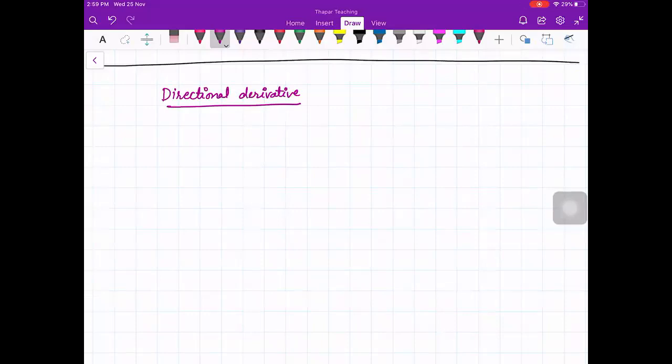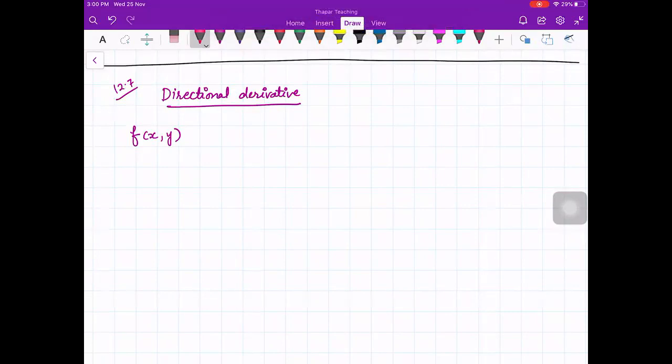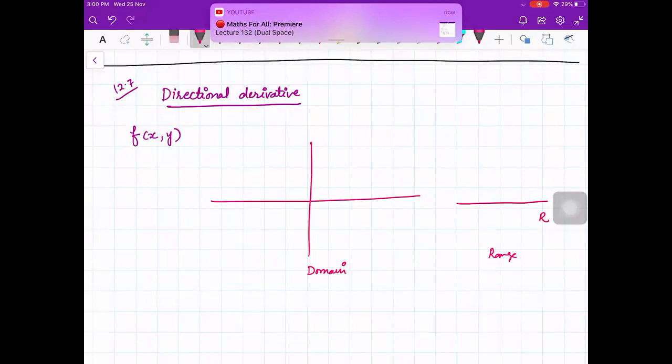Okay, beta. Now you see what we have done. You have a function of two variables, right? So everything applies for more than two variable function also. So if you have a function of three variables also, then also you can talk about directional derivative. But because for a function of two variables, it is easy to see the things, that is why I'm introducing everything for function of two variables. So we have a function of two variables. It means that this is our domain, the xy plane is our domain, and this is our range. R, the real axis, is our range.